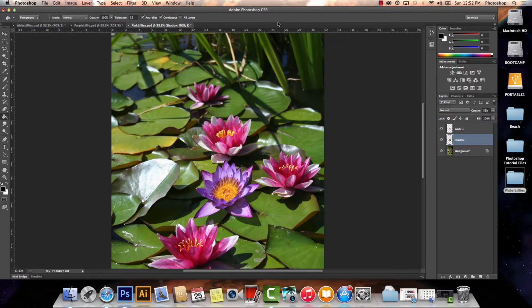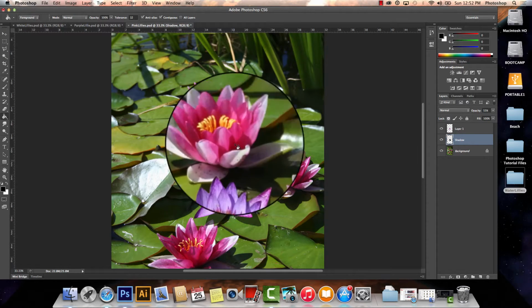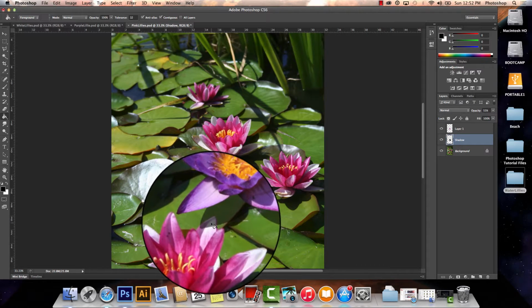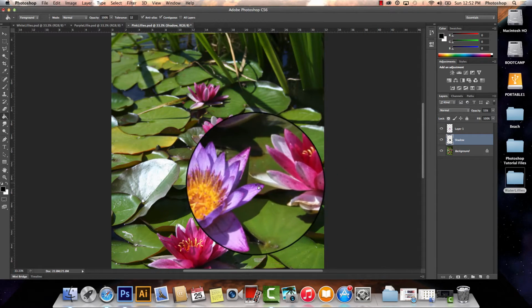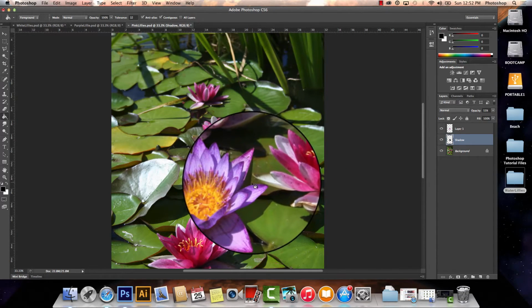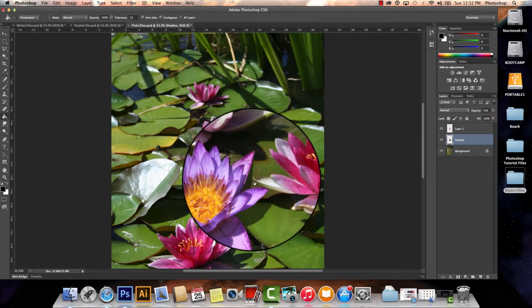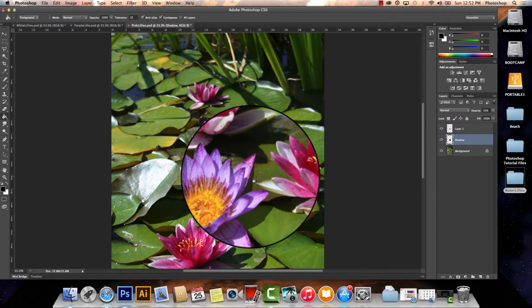And there we go. So that's just some examples of how we can use transform tools to create something pretty incredible. I mean, we've taken a whole other flower, added it into this composition, and even given it a full-on shadow that looks fairly similar to the natural ones around it. However, we still have a couple of imperfections. Notice that we would want to clean this up here, at this spot where the shadow overlaps, and we really would want to watch up here to make sure that our artificial shadow doesn't come in the wrong spot here. So there's still some things that we need to clean up,